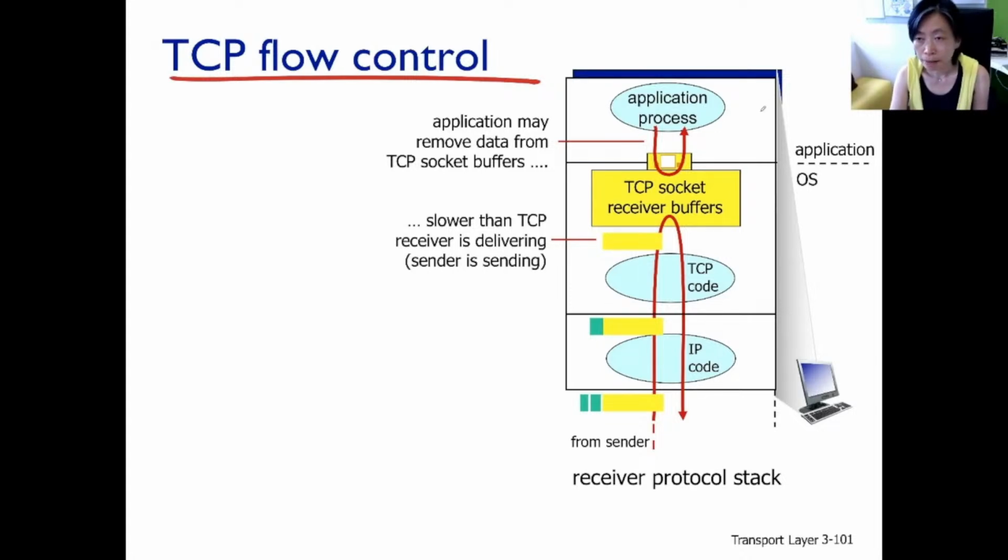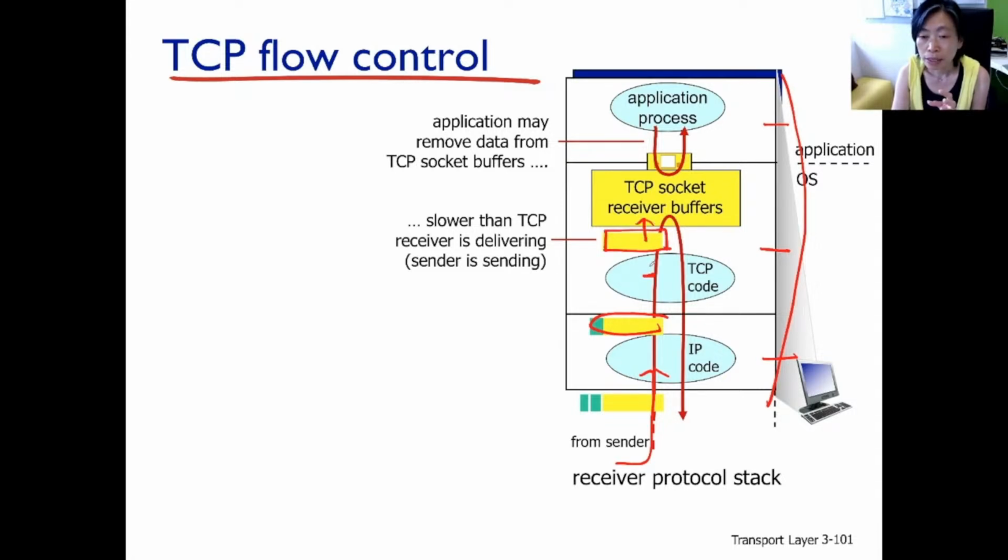Allow me to explain. Okay, so this is again the protocol stack. This is the application layer, transport layer, and the network layer. And a packet is coming in from below like this. So the network layer is going to pass the segment to the TCP receiver right here. If everything is okay, the TCP receiver is going to extract data and pass it further up.